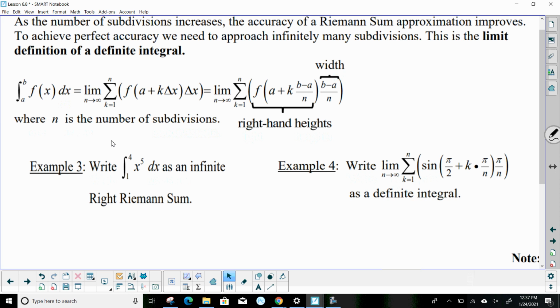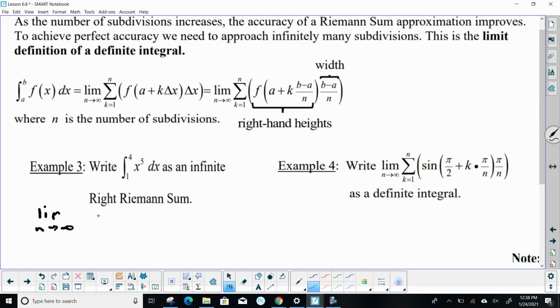So if you look at example 3, it says, write the definite integral from 1 to 4 of x to the 5th dx as an infinite Riemann sum. Okay, so in this case, a is 1 and b is 4. And we're just going to plug everything into this formula right up here. So we're going to go like this, the limit. You have to have this every single time. Don't forget the limit as n approaches infinity